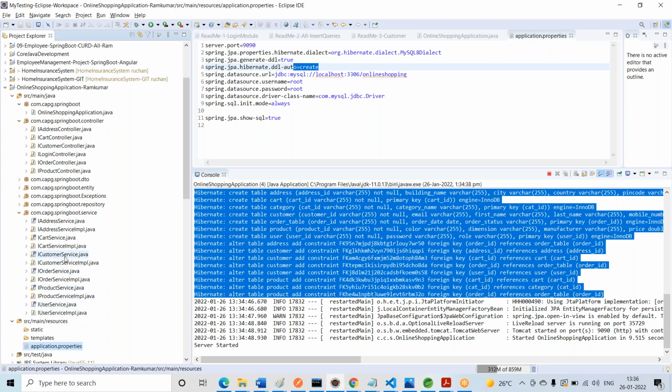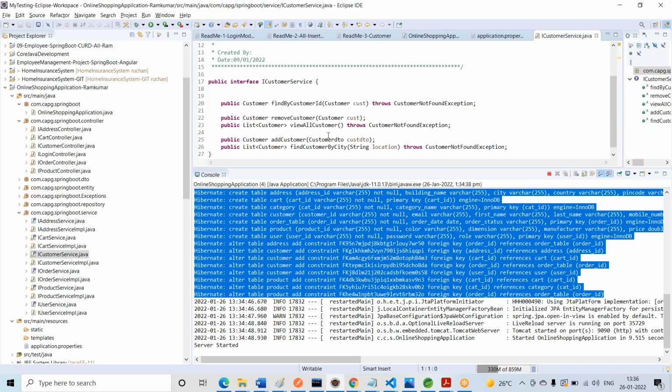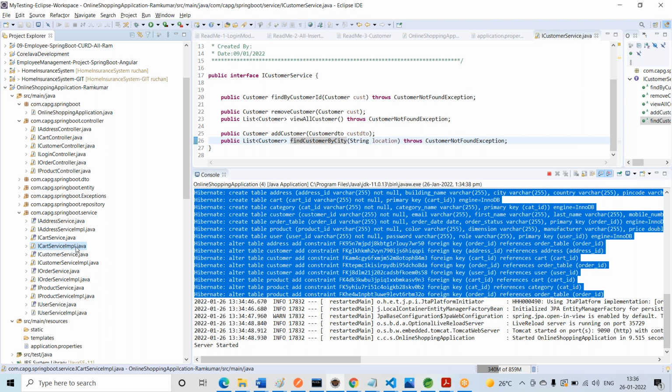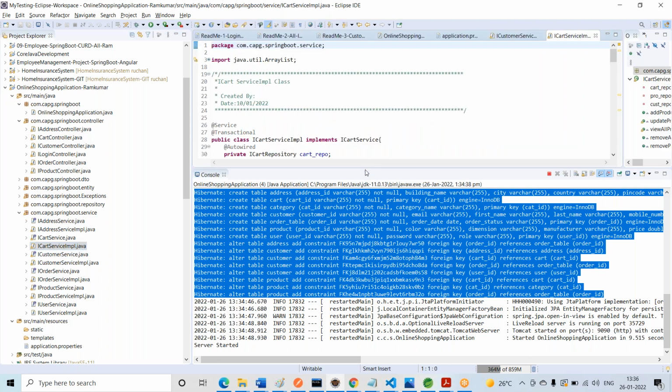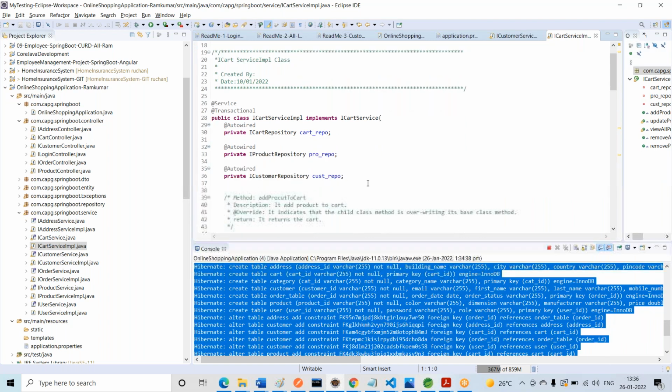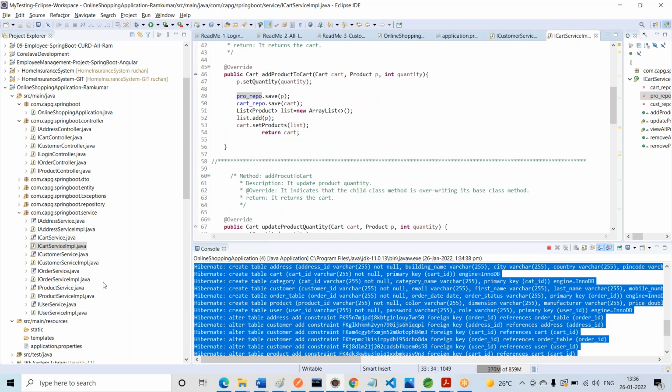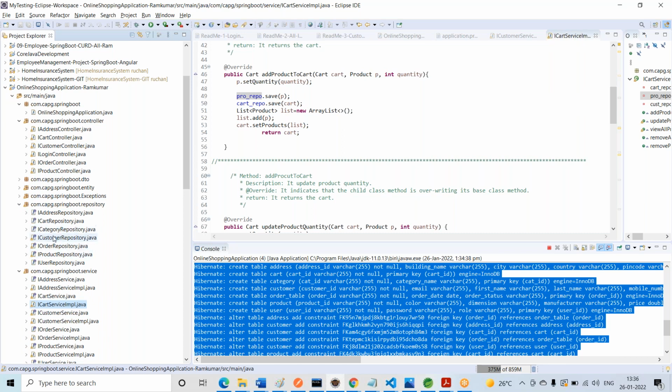In this video we are concentrating on ICustomerService. Here you can see the methods: add customer, remove customer, view all customers, and find customer. These are interfaces, and here is the implementation class, which has the autowired repository. After the service layer comes the repository, the customer repository.